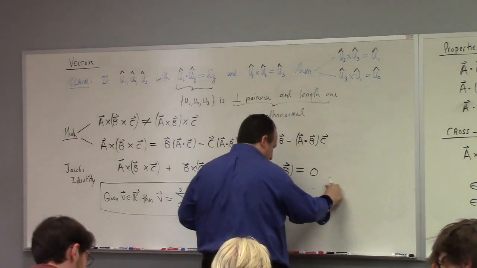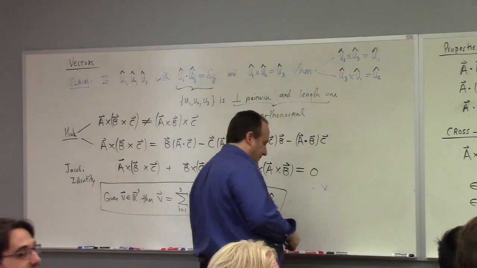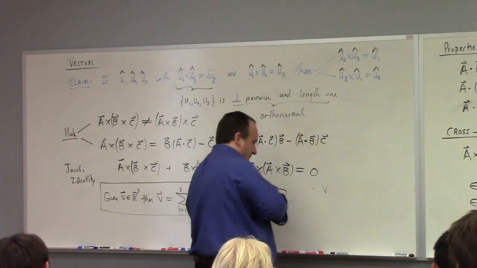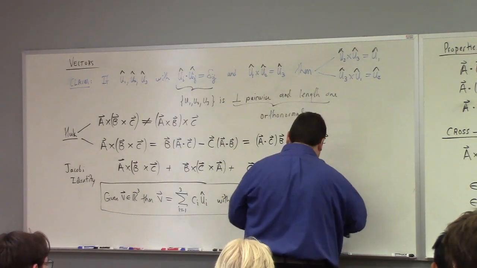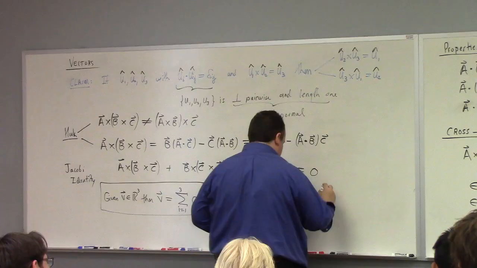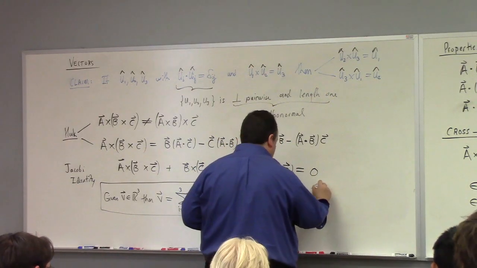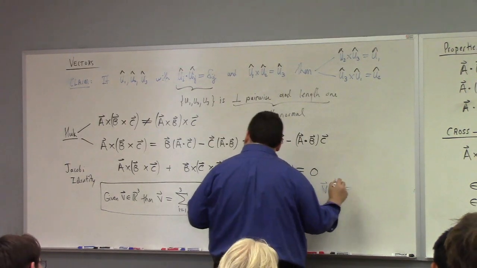If I take v, I'm getting worse. All right. If I take v, okay, I can live. So it looked like v dot u_j hat is equal to